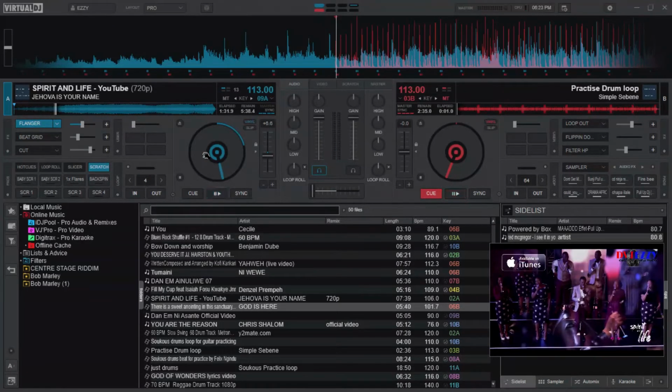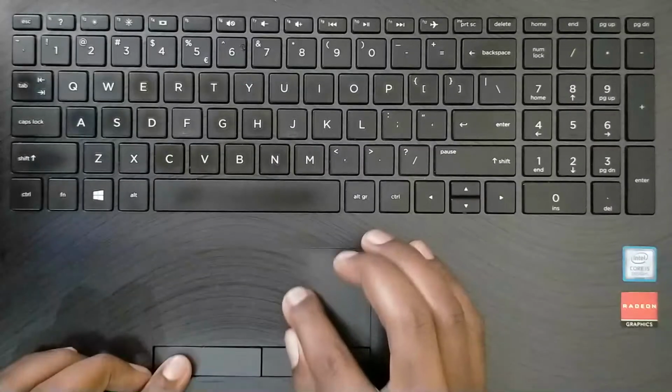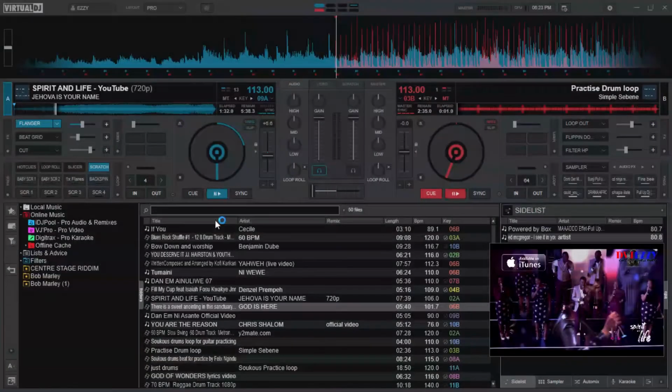I scratch it myself, and I make sure that I scratch it at the correct time. That needs a lot of timing, so that you give it the scratch that feels like it's a turntable that is doing it. So down here I'm going to play this song, then I'm going to scratch it. I just simply click on any of these. We're going to play this track right away.